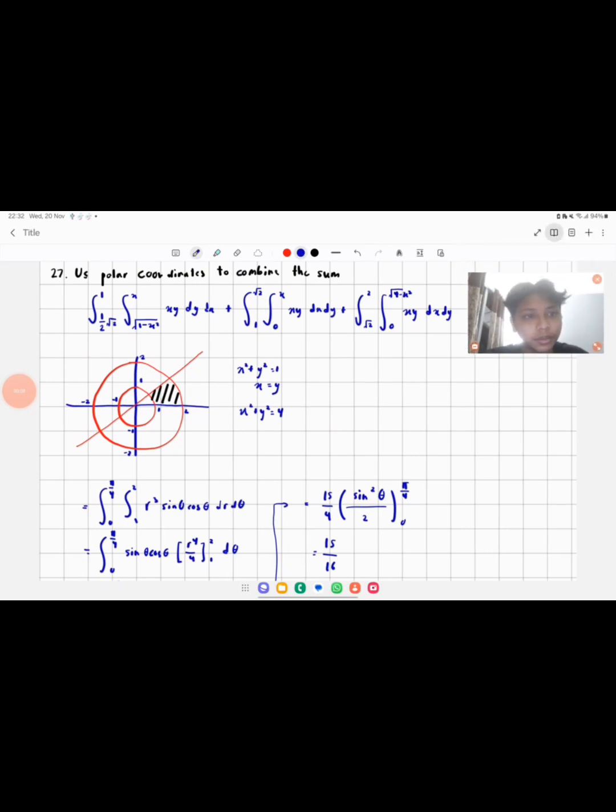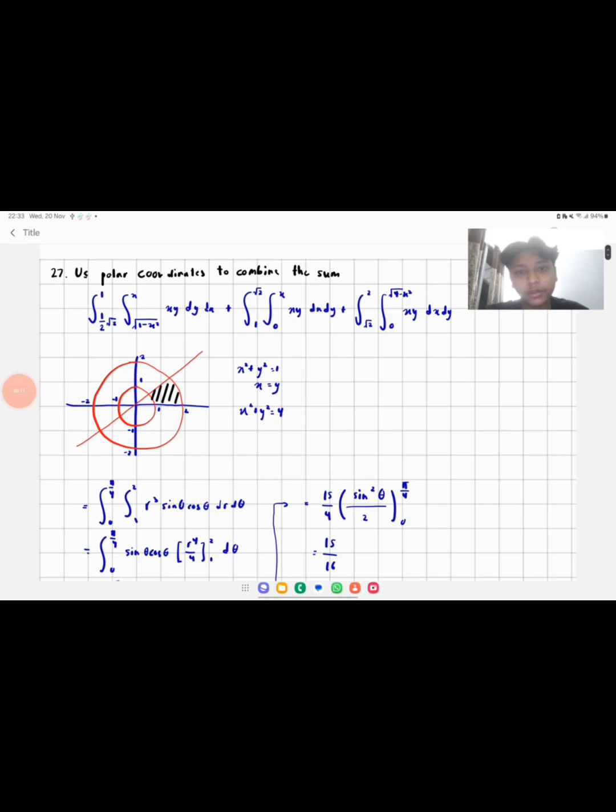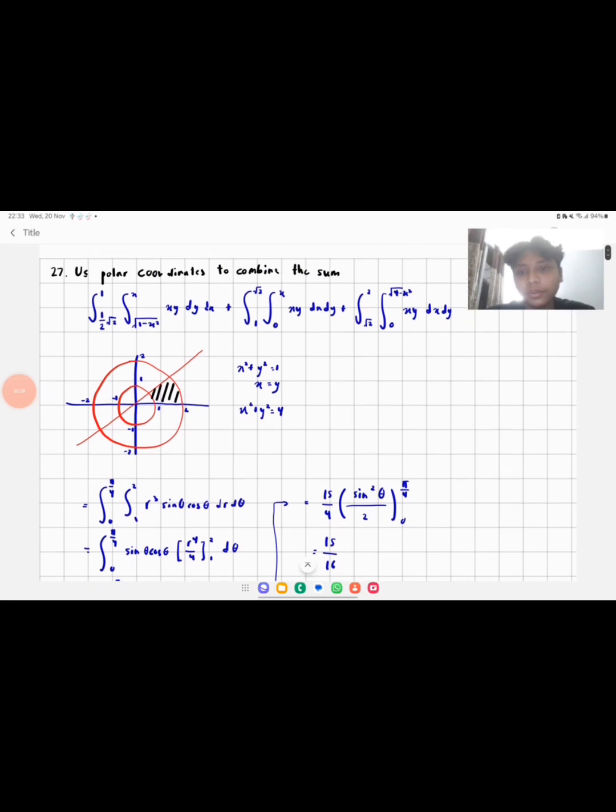Okay. Use polar coordinates to compute the sum, which is the integral from 1 over square root of 2 to 1 and from square root of 1 minus x squared to x of xy dy dx, plus the integral from 1 to square root of 2 and from 0 to x of xy dy dx, plus the integral from square root of 2 to 2 and from 0 to square root of 4 minus x squared of xy dy dx. Okay, so using the given integral,